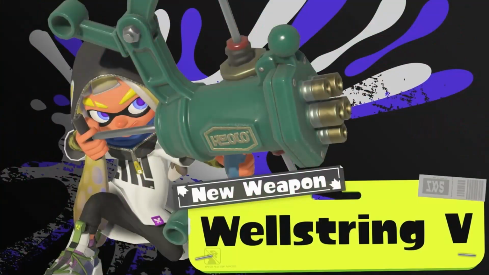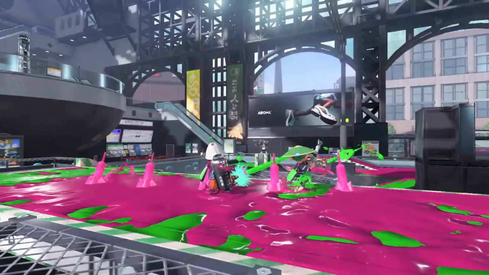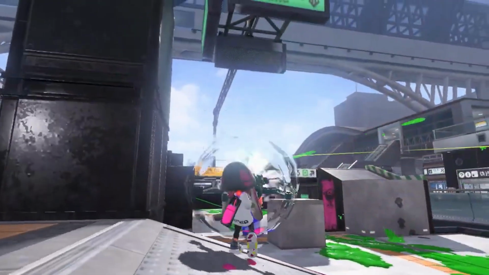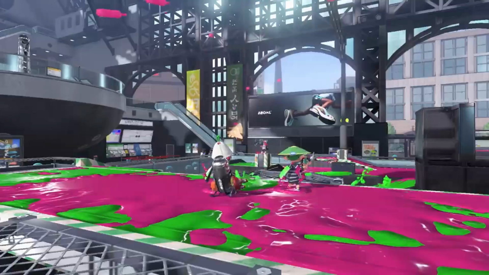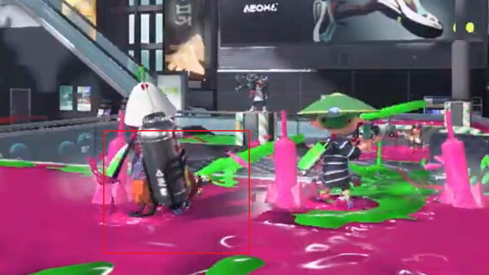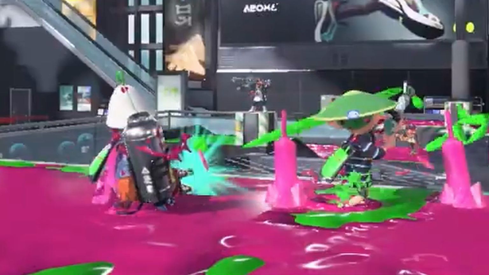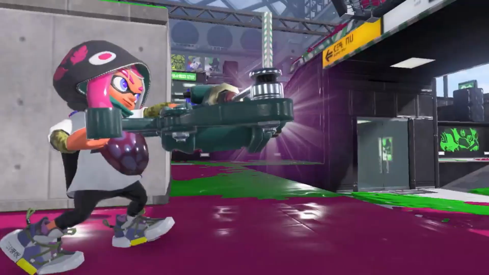So the Wellstring V looks very interesting. It shoots 5 shots at a time, but we need to rewind this clip. So the players here get splatted after one fully charged shot. But let's look at how much damage they've taken already. So they only took damage from being painted over by the bow, which is about 15 damage, assuming they're not wearing ink resistance. So this means that all of the shots combined will do at least 85 damage, which is